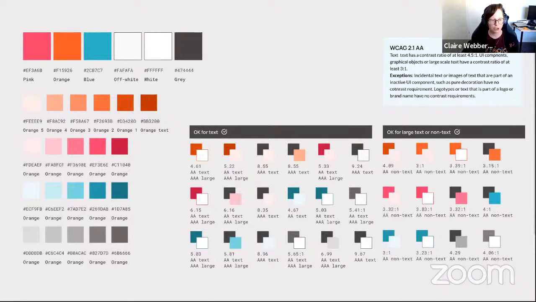Here we have a few color swatches of all our different combinations that we know will result in accessible designs. We have a column that has all the color combinations that are okay for text, and then another column that has all the color combinations that are okay for non-text or for large text. That way, when someone's coming to have a look at colors, they can see what colors we're allowed to use together that will result in accessible designs.